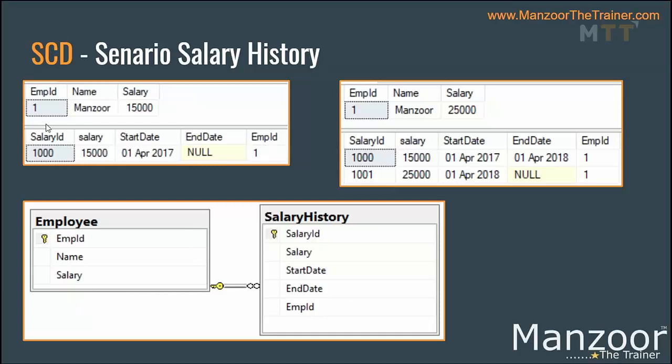Now assume that this employee ID is auto-generated. Identity column. So you perform an insert operation, Manzoor and 15,000. You pass these two things. So 15,000, I will take it from here.